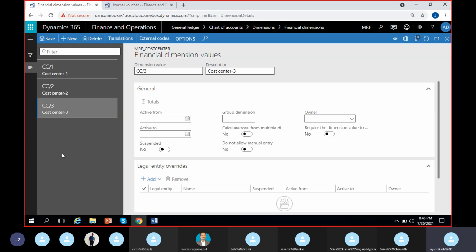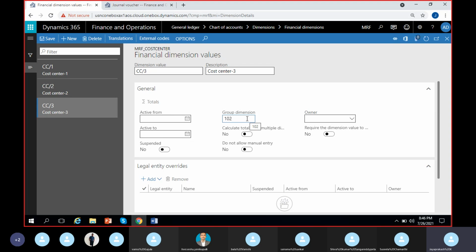In the previous example, the finance department is 100. If the same finance department has value 102 in the consolidation company, then you can give the group dimension value as 102, such that in the consolidation company the same finance value is 102. So I'm not having a finance value here, but for consolidation, if the financial dimension value for finance in the consolidation company is 102,